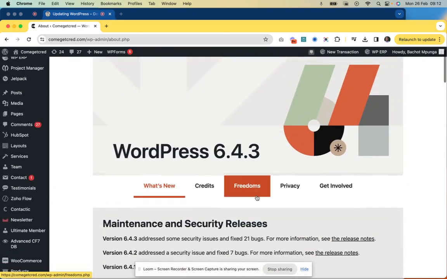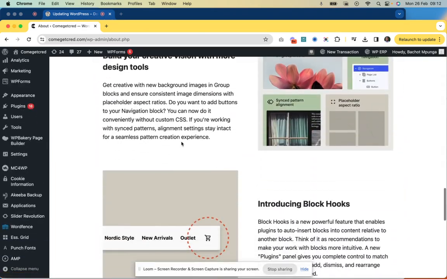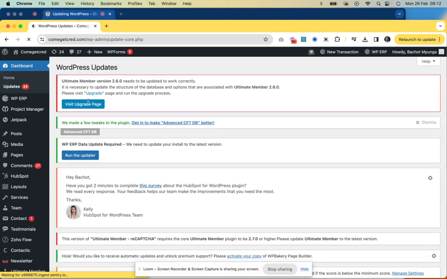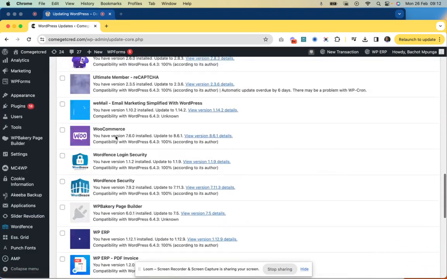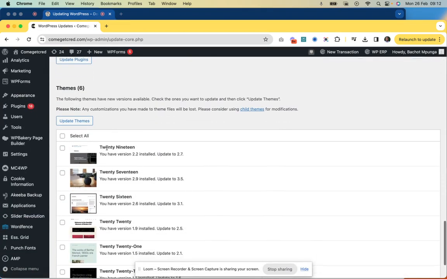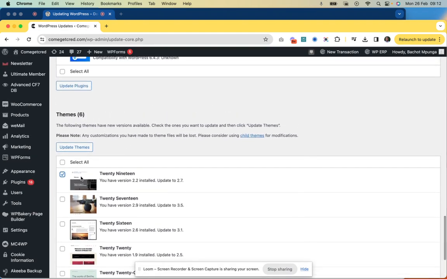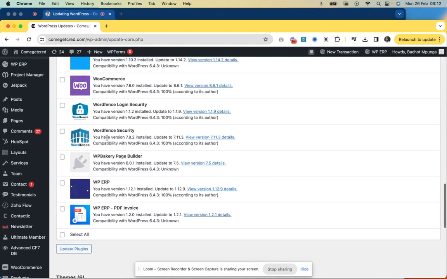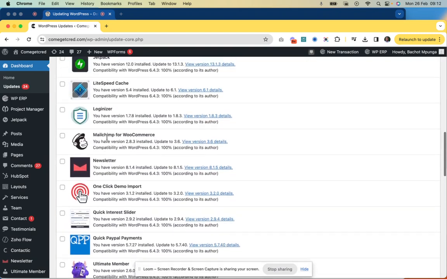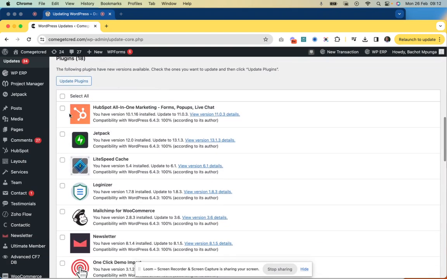So this is for the core files of WordPress. Now we're going to go back again there, we click. If, let's say for instance, we have a theme, let's go back quickly to the theme. So for the theme, you just select the theme, and then after that you update the theme. We're not going to do the theme update there. Okay, so for the plugins here,